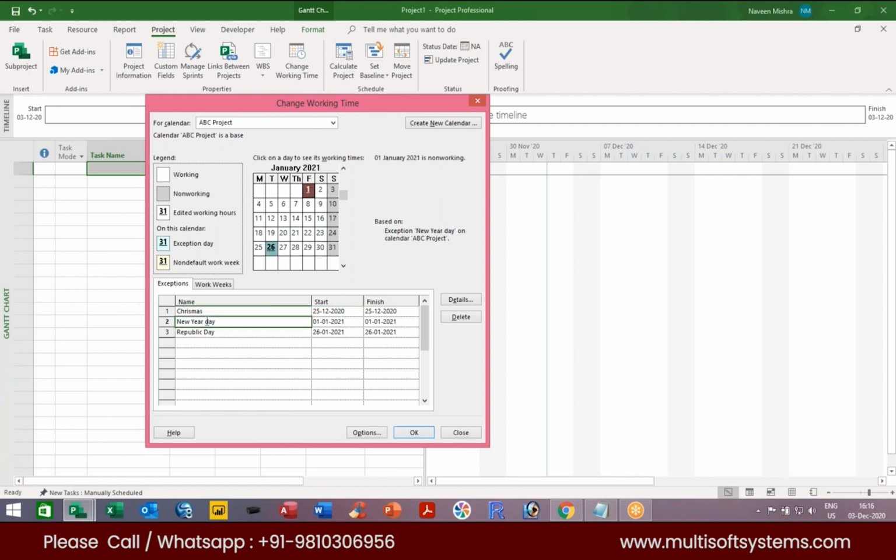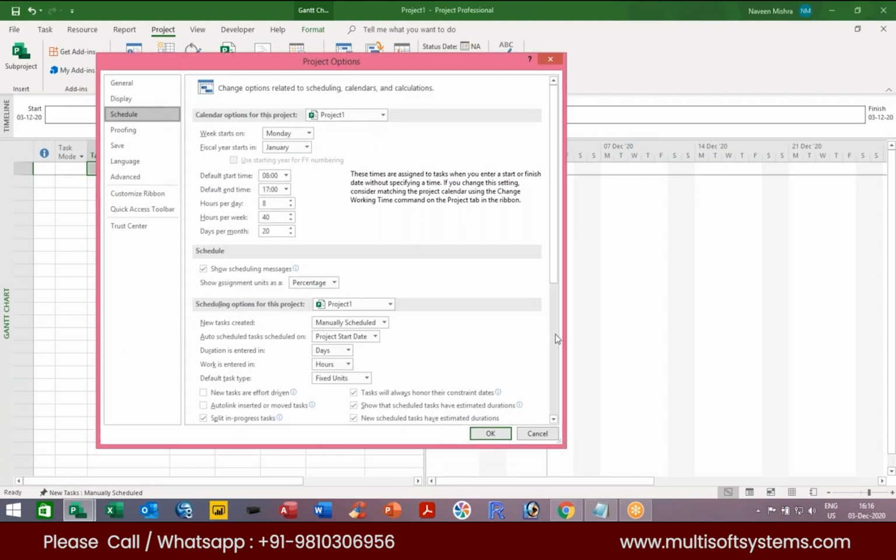You can just see here. Now you can see the 1st January is now non-working. 26th January is now non-working. You can see 25th December is now non-working. But earlier it was working. So before starting any project, you have to define your project calendar and you have to mark all the holidays under the exception section. Now we can click on the options section. This is my options button. We can simply click on the options, and here we can do some settings. So see, week starts on Monday, financial year starts in January,